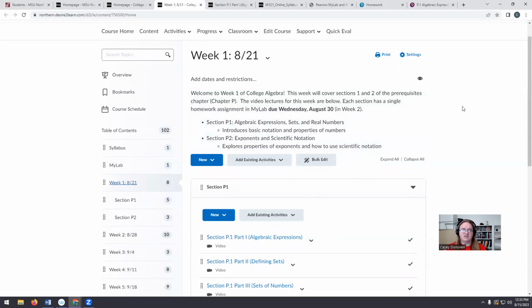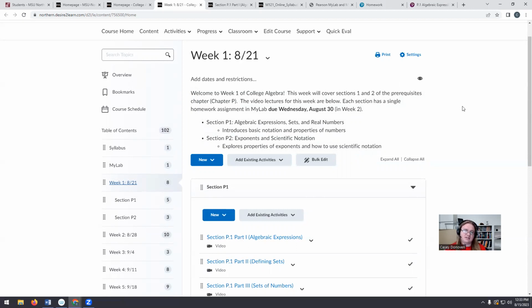Anything that is assigned during 1 week will be due the next week on that Wednesday, including all homework and tests. Homework, you can do as many times as you want. Each individual question as many times as you want until you get a score that you are happy with. I want you to be able to learn the material. So if you do it and get it wrong, do it again. Do it until you understand what's happening.